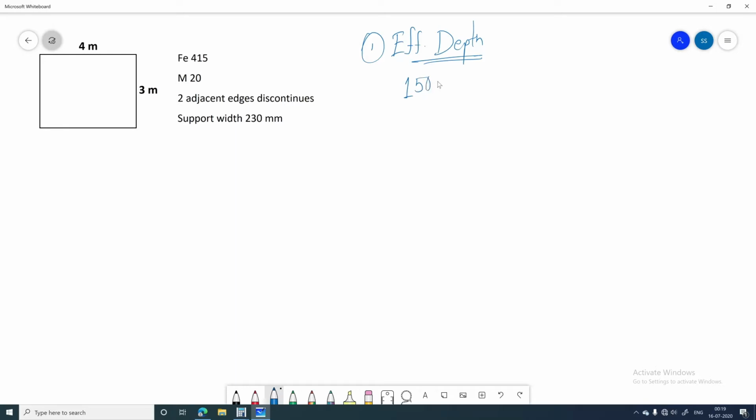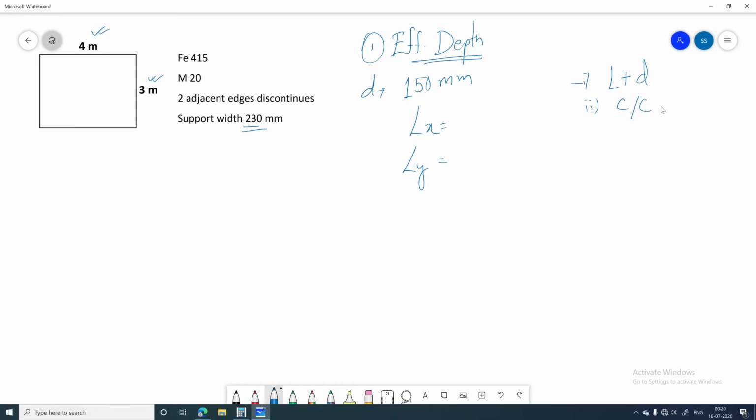So let's consider 150 mm that we have considered earlier in the previous one way slab. If this is the value of d, that is 150 mm, what will be the value of the effective span? That means the value of Lx and Ly. As you know, we have also done in the problem related to beam, that will be the minimum of L plus d or the center to center distance between the supports. So here the support width is 230 mm, and these are the clear spans.